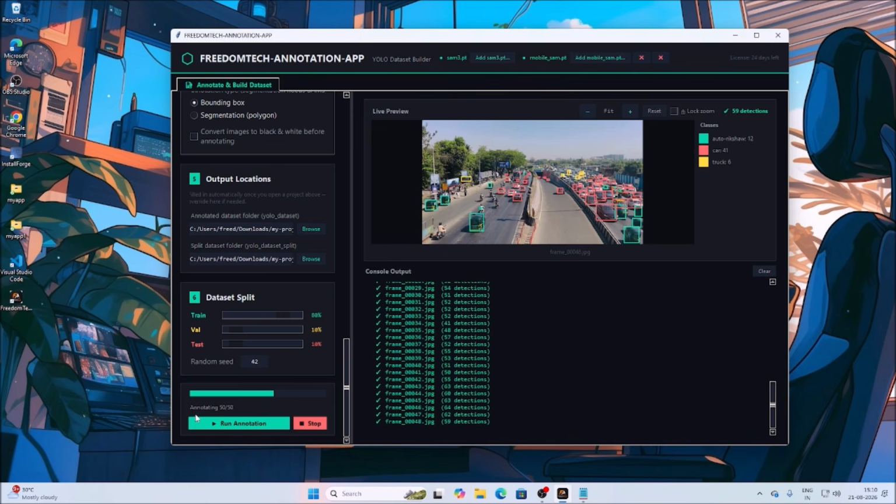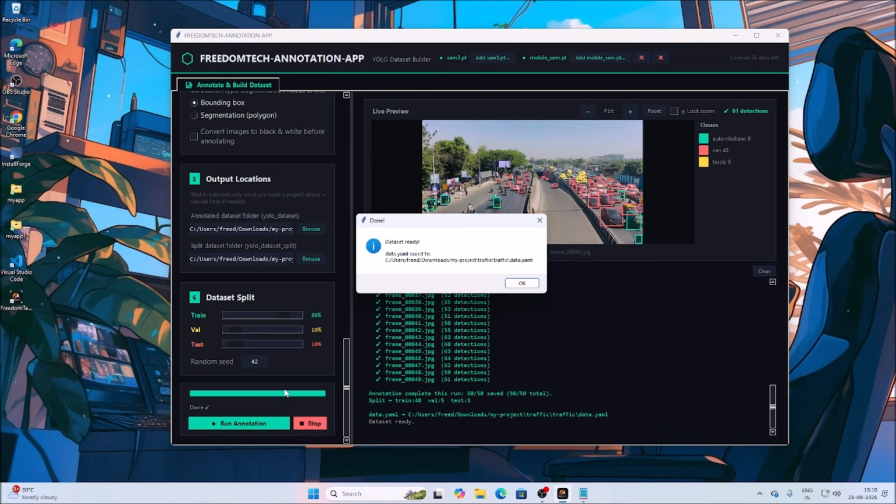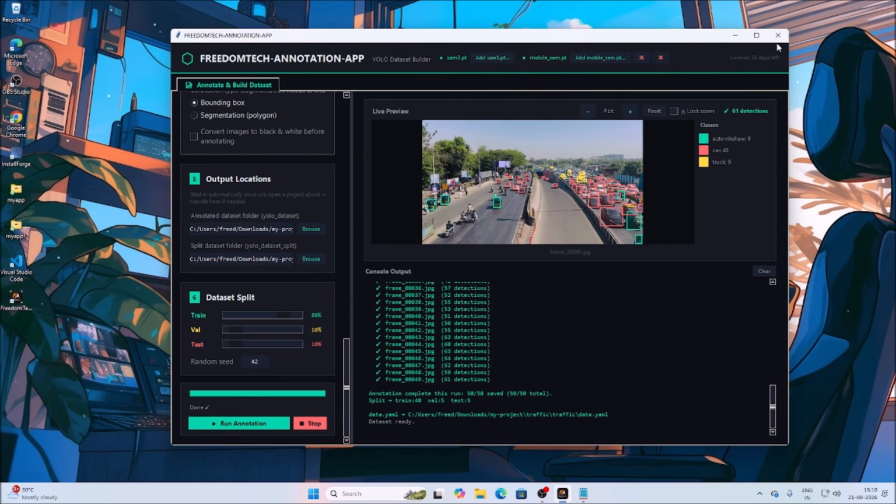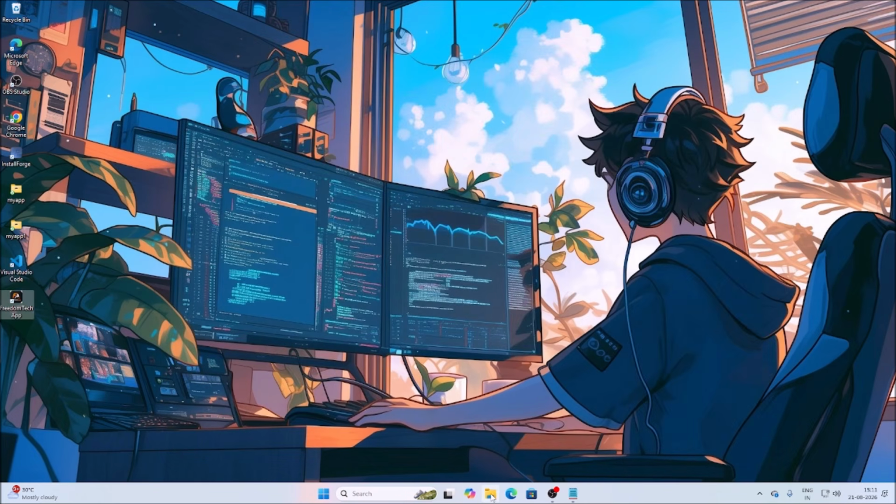So friends, as you can see, annotating 50 out of 50 means this is basically the last image. We successfully completed the annotation process. Once all images are done, here you will see done and you will see this kind of message: dataset is ready. Just click on OK and close the application. Now go